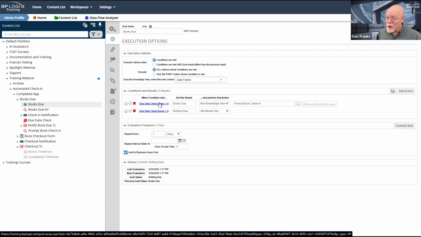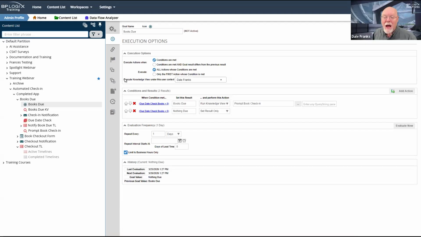However, there is one change I need to make again: execute knowledge view under this user context. For this goal, if I have books due, I'm going to want to run my prompt book check-in knowledge view. And so I've got to be able to run it in the context of a user with the permissions to run that knowledge view.